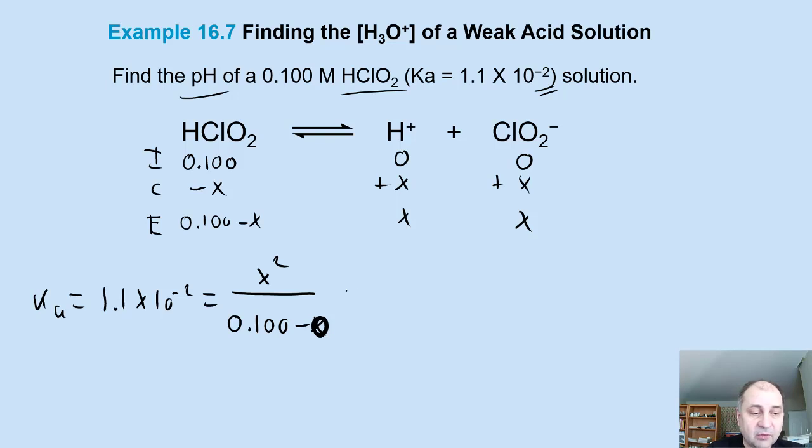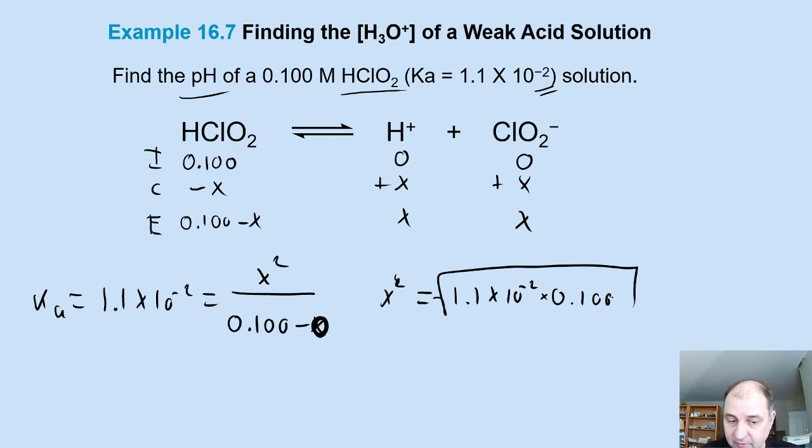And then if I solve for x, x squared is going to be equal to 1.1 times 10 to the minus 2 times 0.100. If I take the square root of both sides, this goes away, and then this is of course a 0, and if I solve that for x, x is going to be equal to